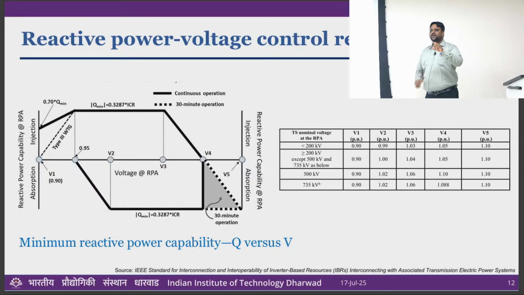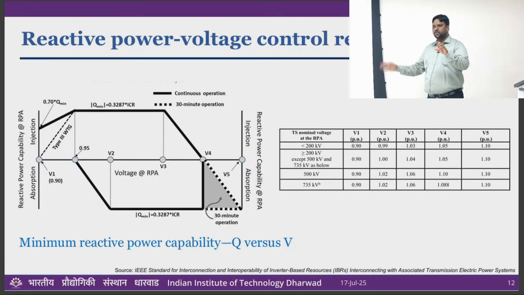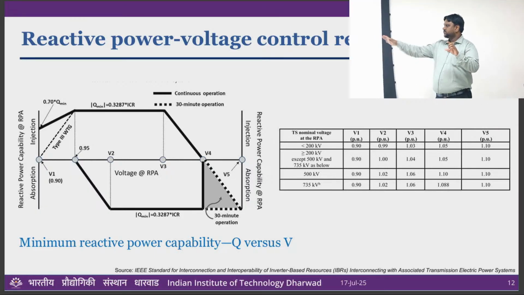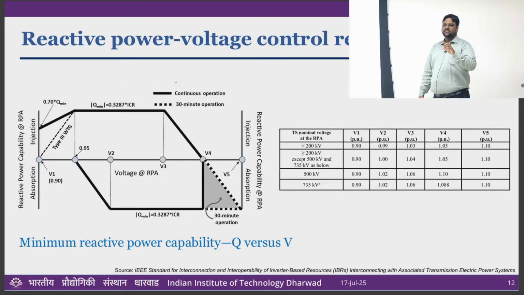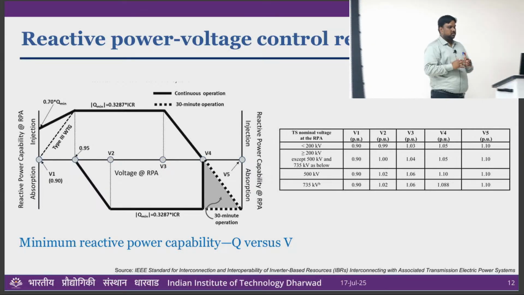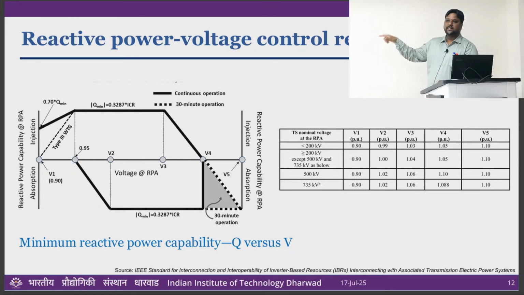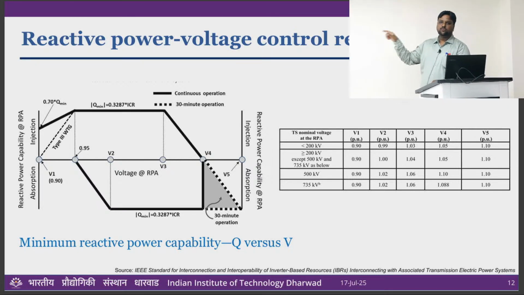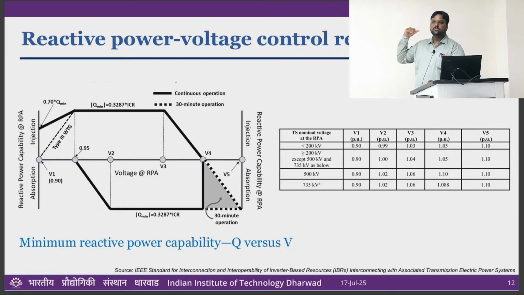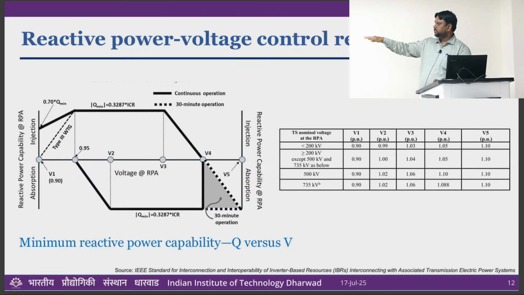That should not be exhausted unless very much needed, and that is needed during abnormal condition. And what we are discussing is steady state. So in steady state, you try to inject more active power. Okay, so that is what they prepared. Again I am telling you, these values only refer to 2800. If you go to a different grid code country, these values might change depending upon their grid infrastructure. Okay,